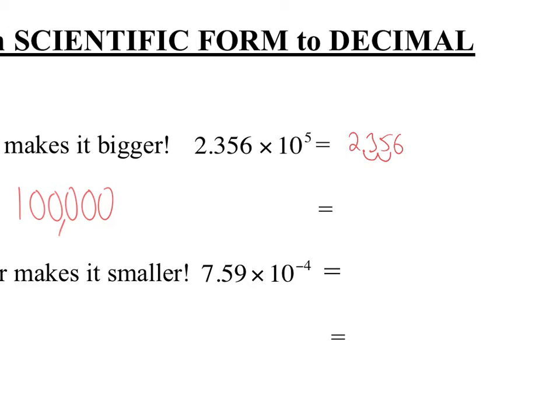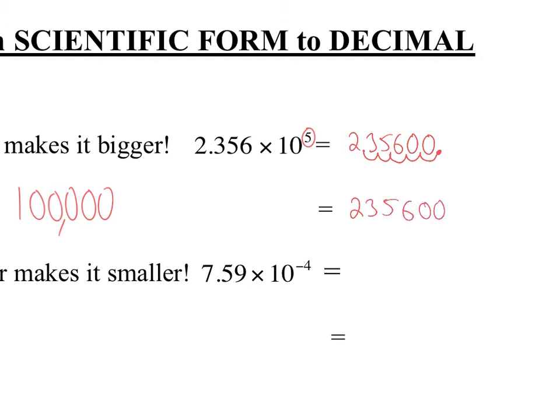So we moved it twice, but we're multiplying by 10 to the 5th, so we're going to move it 5 times. We moved it 1, 2, 3, 4, 5. So the new decimal is right here, and wherever there's an empty loop, we're going to put zeros. Okay? So our new number, and I'm going to rewrite it,